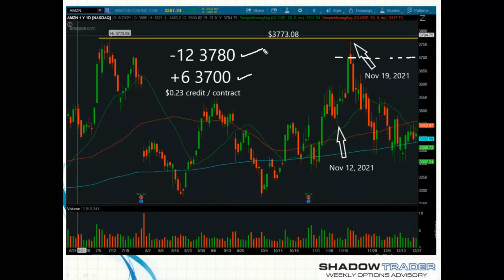And again, everything has to be technical. Why would we put on this particular structure? Well, where's resistance in Amazon? 3,780. 3,773 actually was the peak right here. So obviously, if we are opening a spread here with about a week to go, the idea was, well, I think it could take a big leg higher. I don't know how far. I don't want to pay for it, but I want to really maximize. I want to get a lot out of it if it goes up there. And as you can see in our example,